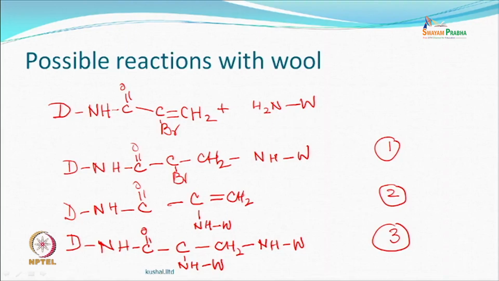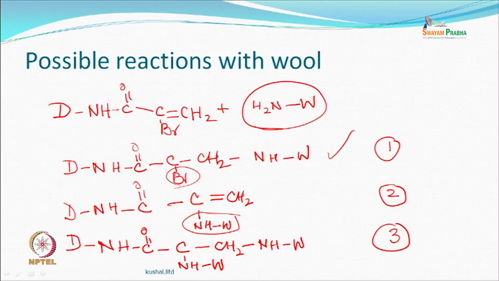So from the amino end group of a wool, one can expect various types of possible reactions. One is the addition reaction, where the double bond gets modified and you get a link like this, which is called addition reaction. Then the bromine can come out also, and then the double bond remains as it is, and the wool gets attached in this manner. Here the wool has been attached in this manner. There is also a possibility of two wool molecules joining,